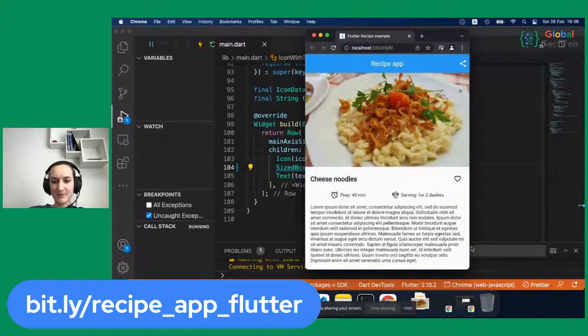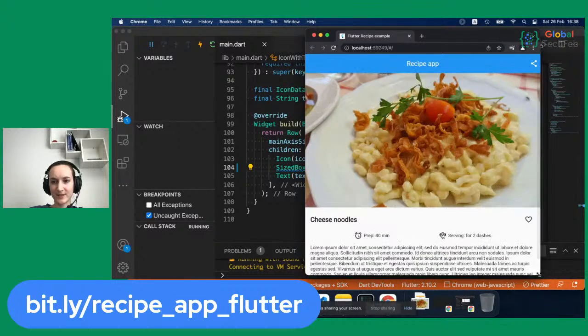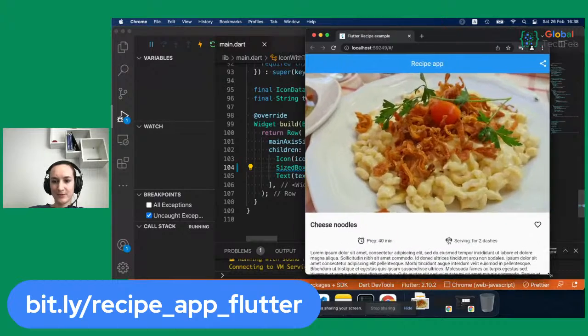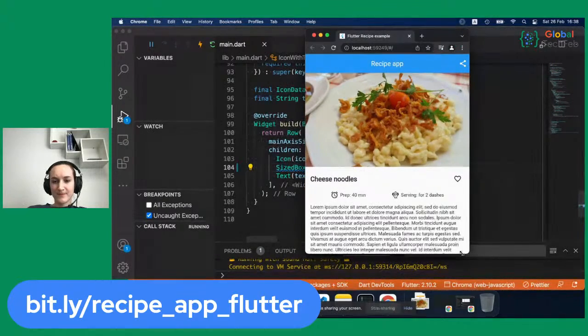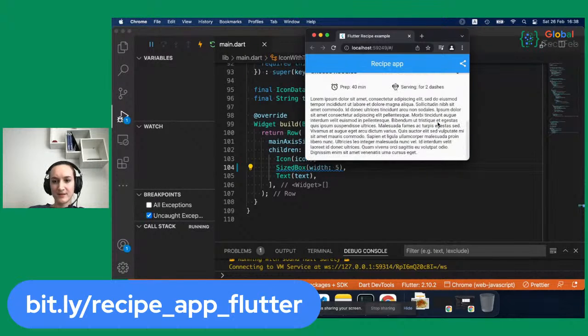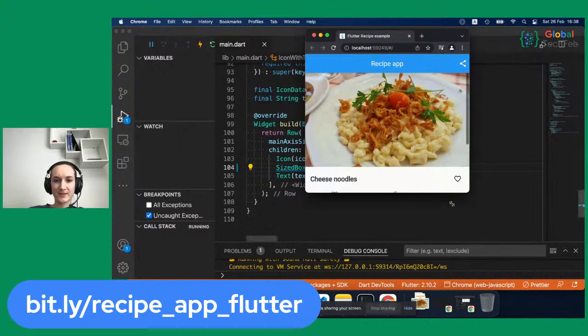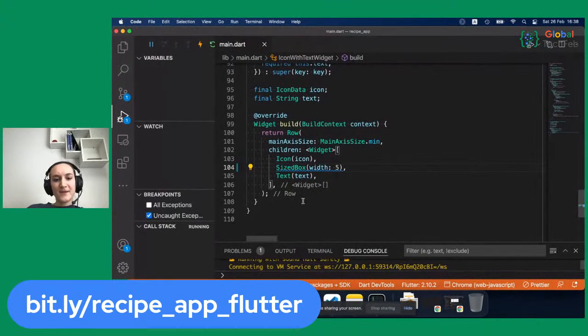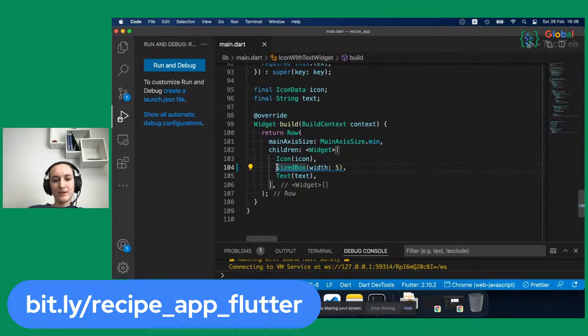So it's the app that we've created, and you can see that it's also responsive. If you change the size of the screen, it resizes as well. So it looks nice. So here I've removed the const